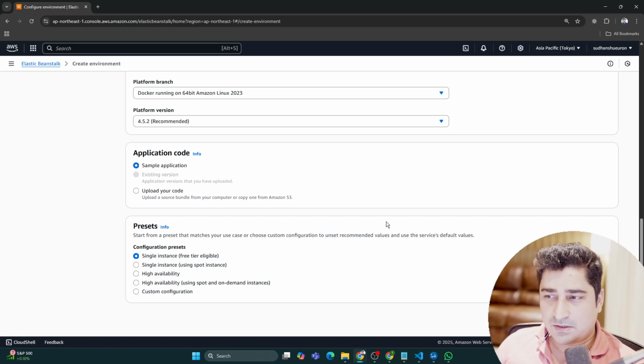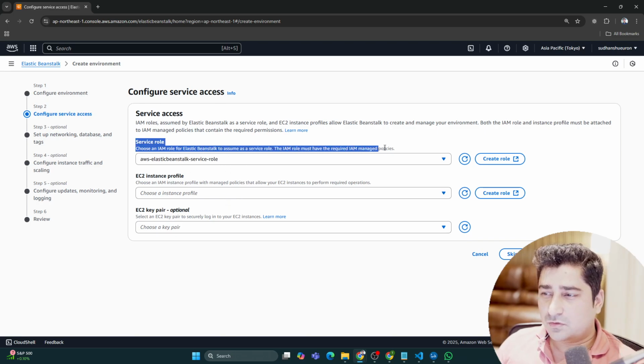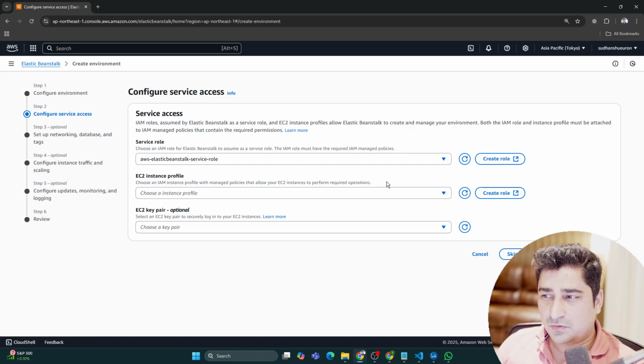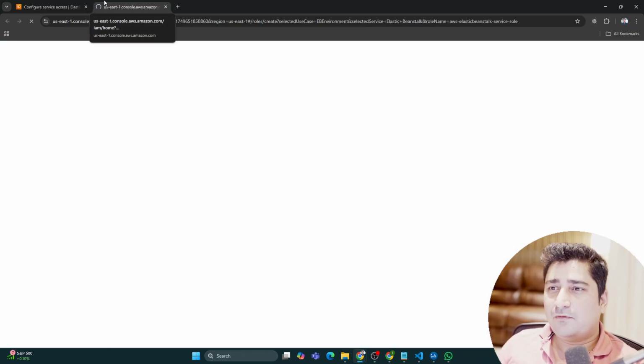Don't have to do any kind of changes at all. Okay, so click on next. Now these two things you have to set: a service role and an instance profile. If you are logging in for the first time, or trying to deploy for the first time, so